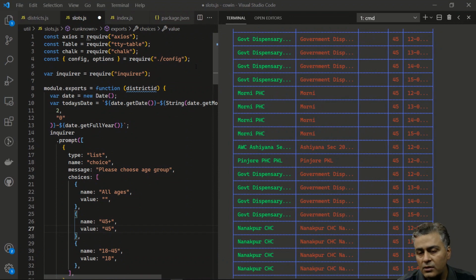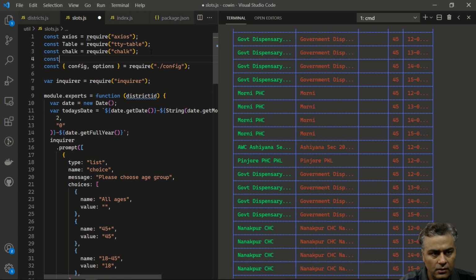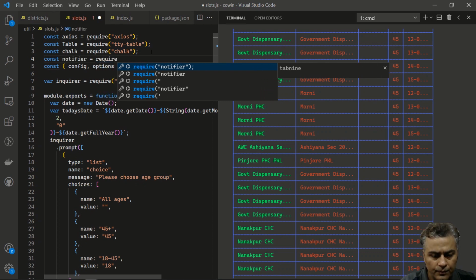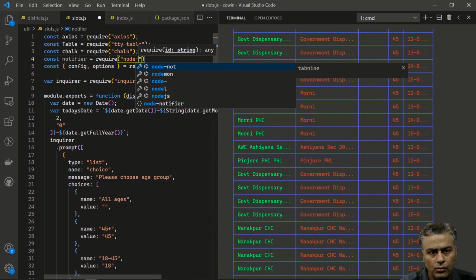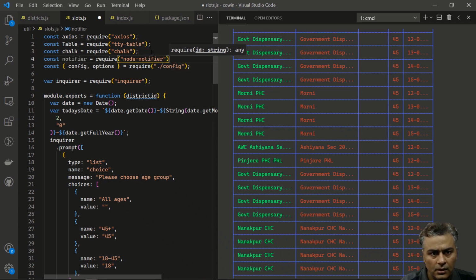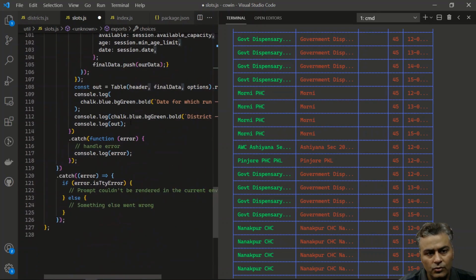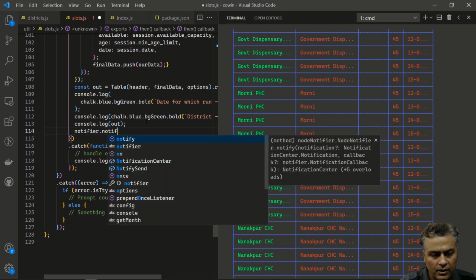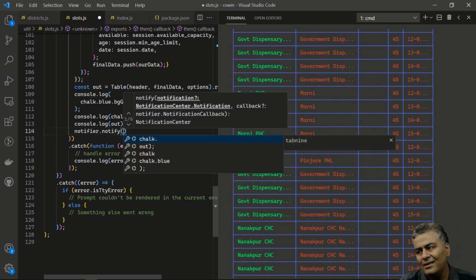So we want some kind of a notification to come, right? For that, if you remember, we have added node notifier, so I will use that function. That package, require node notifier, and wherever we want to send the message. For example, as soon as this output is shown and I want to run it, how does it look like? So what we can do is, we can say notifier dot notify, and then here you can